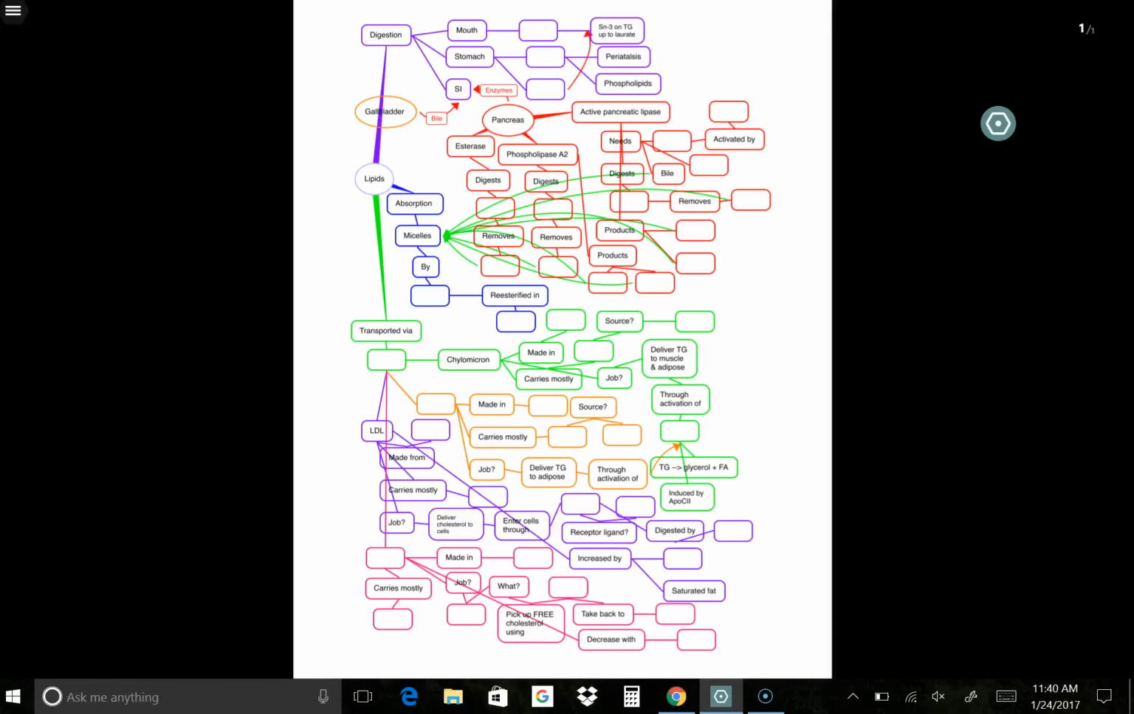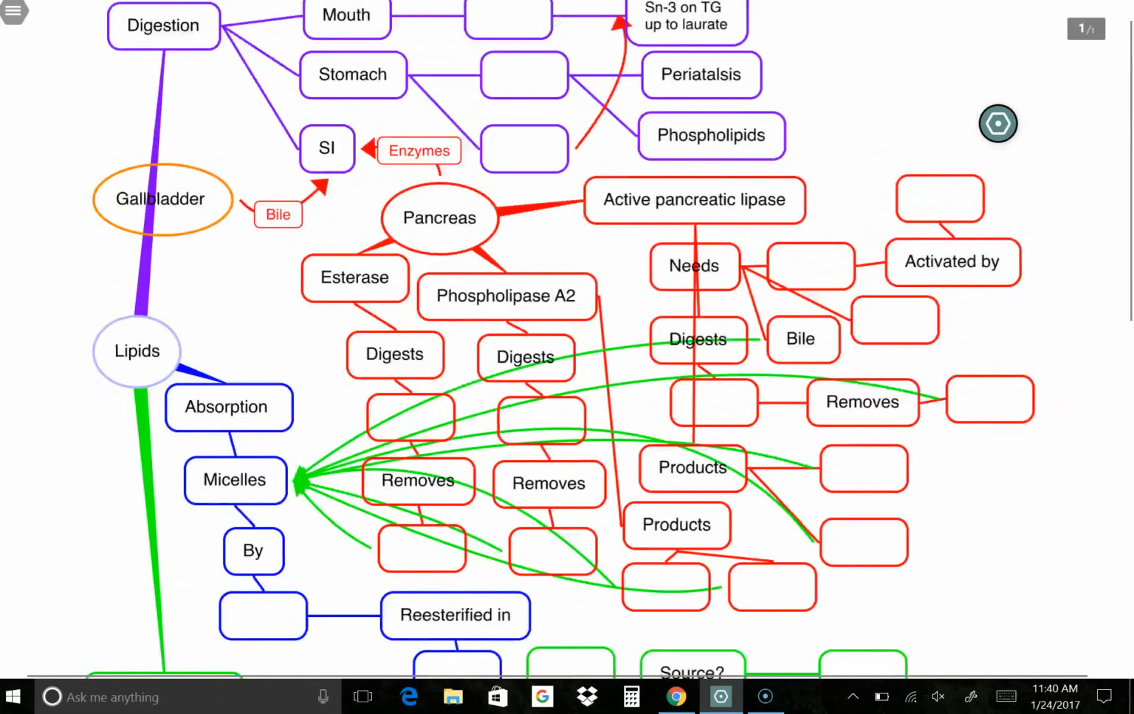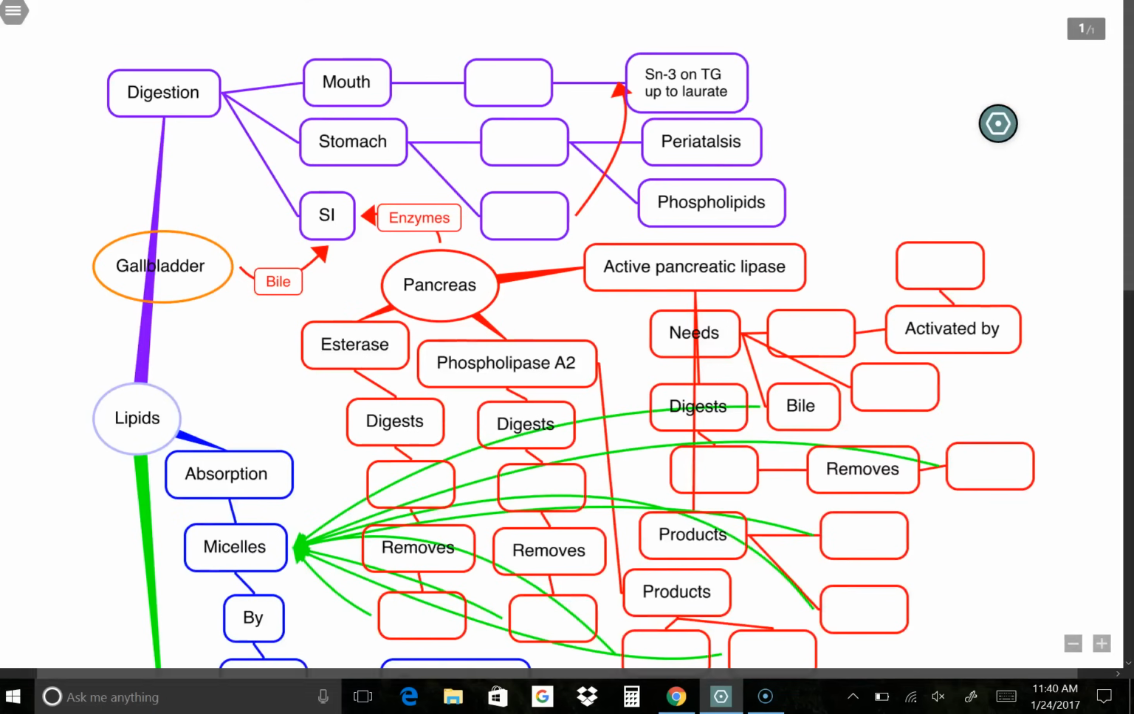Let's look at some lipid digestion. So of course digestion is going to start in the mouth. So let's scooch all the way up to the top. With lipid digestion in the mouth, we have our lingual lipase. Lingual lipase is able to digest the SN3 fatty acid on triglycerides only up to 12 carbon, short medium chain